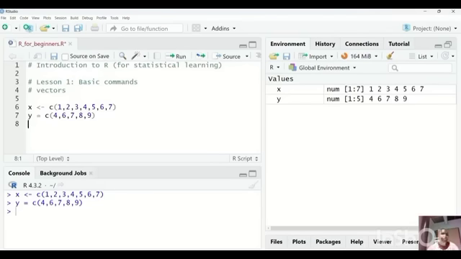Let's, for instance, say you have a vectors x and y, and it is a long vector. You don't know how many elements it has. You can read it here in the environment. This 7 here says that in x there are 7 elements, and this 5 here says that in y there are 5 elements. But if you don't have it there, you can just type